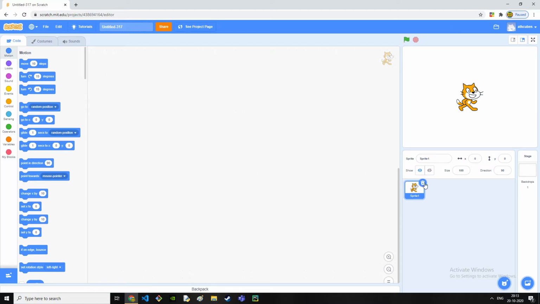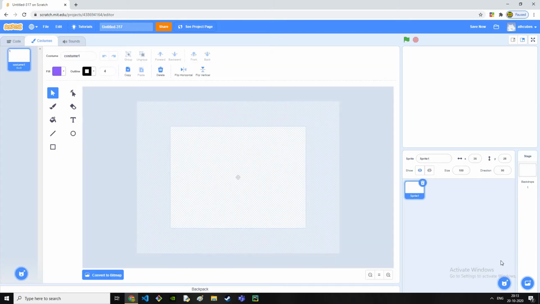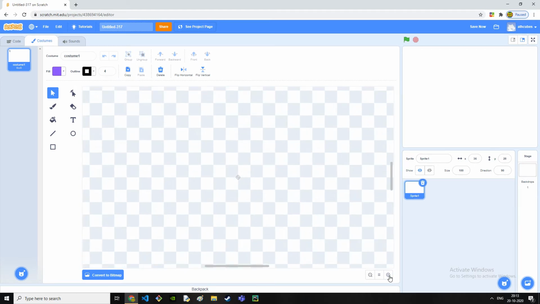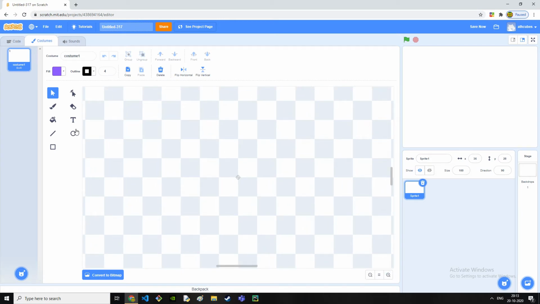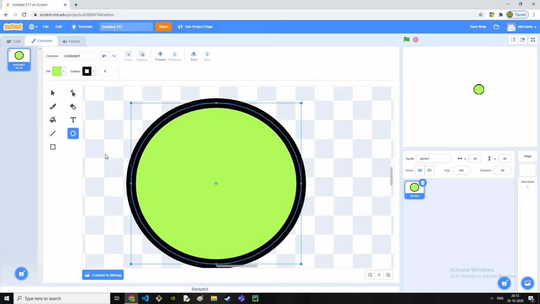First I am going to click this icon which will delete our cat. Then we go to this paint. Now we're going to be painting a ball which we are going to be using as the main character, and the characters are called sprites in any programming language. So now click on this fill tool and just fill the color you want. I want this type of color. It's a very nice color, and I'm going to draw a circle with the circle tool.